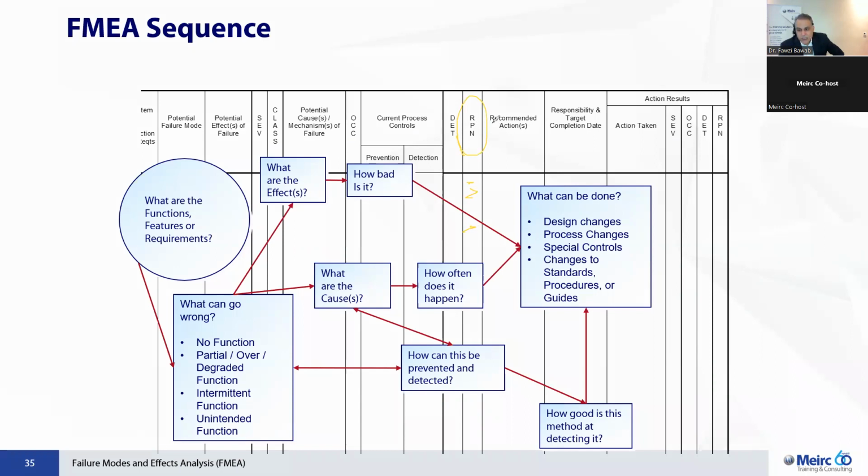Of course, this is not complete until the team decides on the higher or the highest RPN numbers, and that becomes your priority in terms of the recommended action, and then who is doing it, what time. Once it is done, we do expect that the action taken is completed, and you'll see here a change in these numbers. Most of the time, we tend to see a change in the detection, and then the RPN number here will be much less than the RPN number that was here, which is on the same level,